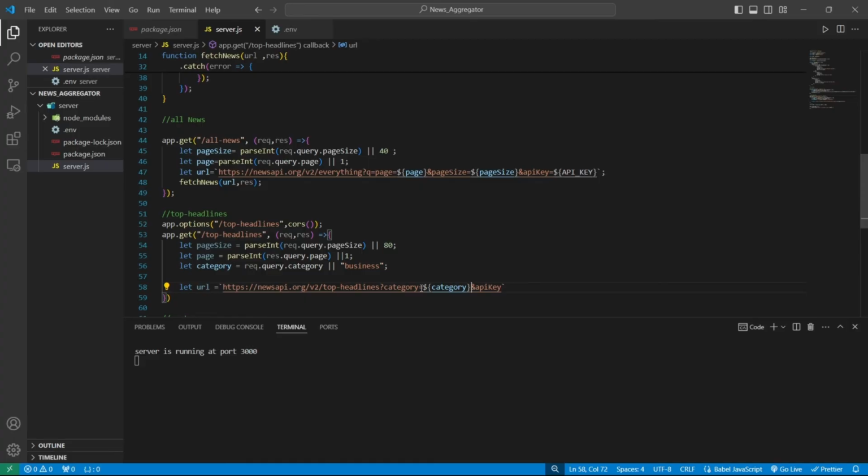So we will use a language parameter also. We can use language, similar, but we are creating for an English audience, so we will write English. And same as in our all news, where we set page and page size, we will set the page and page size over here also. So page equals to